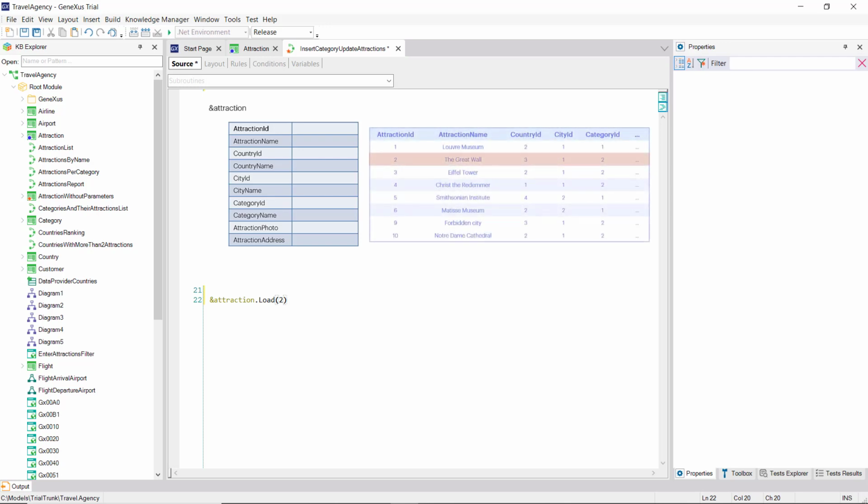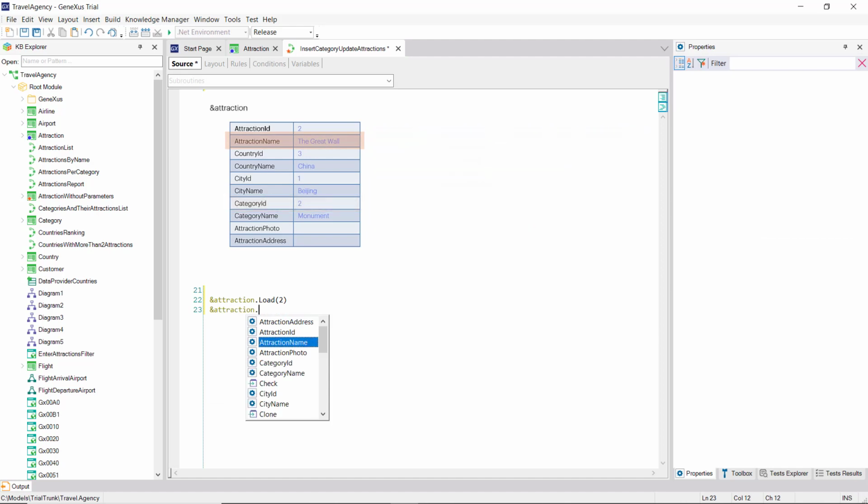And if so, it'll load the variable business component with all values, its own, the inferred ones, and formulas, as it happens when executing the transaction. Of all these values, we need to change 2, the name of the attraction, and its category.